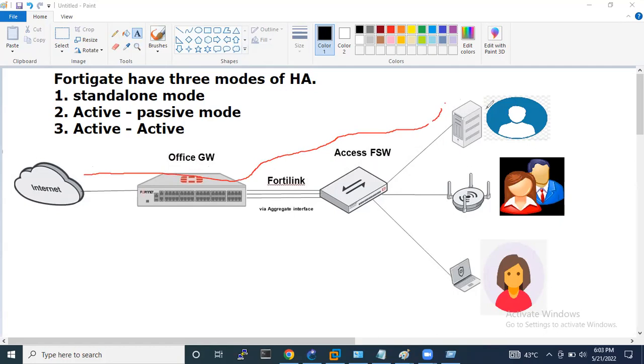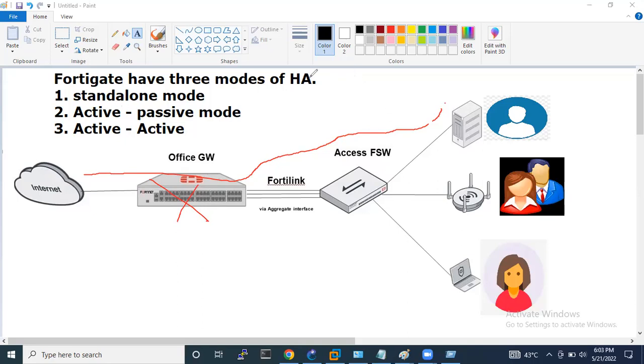If these users want to go to the internet, traffic is fine. But what will happen if this FortiGate goes down? In this scenario, we have to configure active passive mode, that is, HA high availability configuration. By default, FortiGate has standalone mode, so today I'm going to configure FortiGate active passive mode.